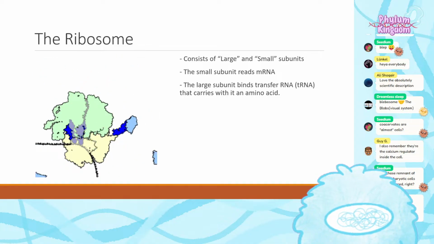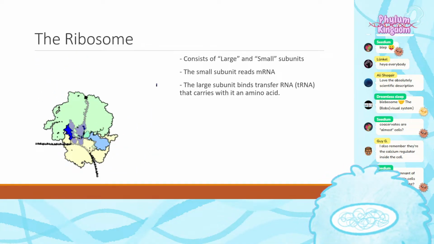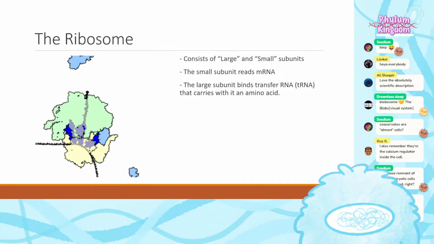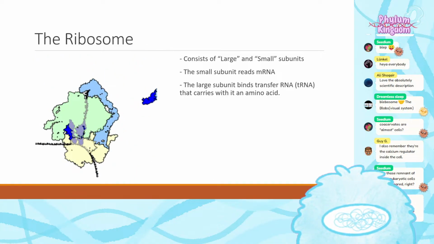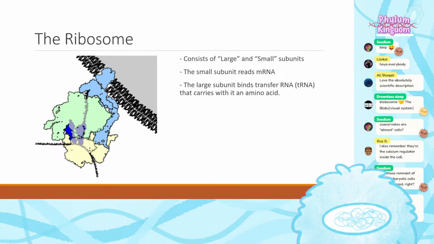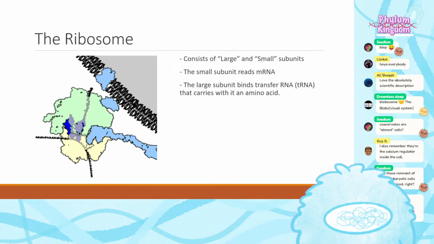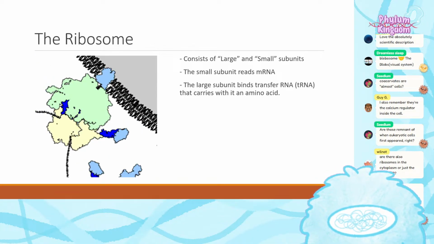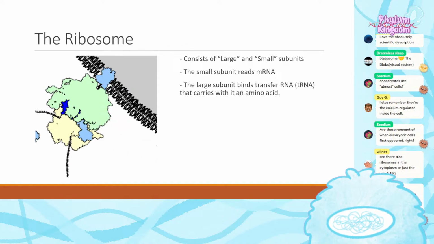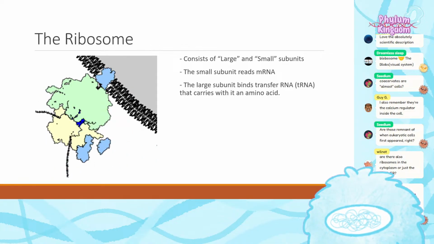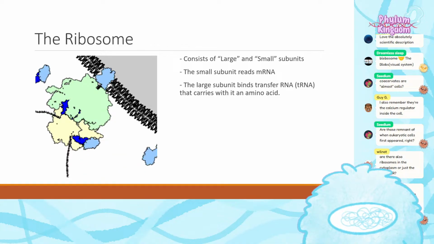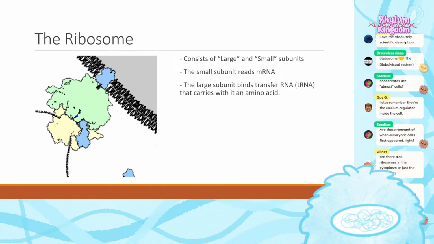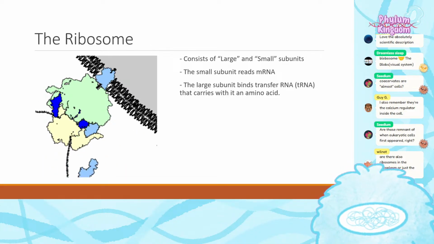The large subunit binds transfer RNA, which is another type of RNA that can bind individual amino acids. This is what's actually doing the knitting of the protein, right? You see on top there are these little things that are coming in and dumping in amino acids that get pushed out the bottom. And the bottom subunit, the small one, reads messenger RNA. So there are two pieces of this machine: one functions to read the mRNA and the other functions to bring in the appropriate amino acid as it's being stitched. Here in this animation, you can actually see the ribosome being docked into the membranous component of the rough endoplasmic reticulum.